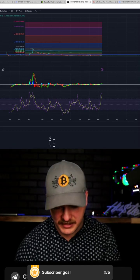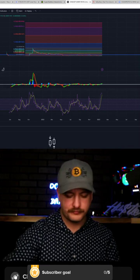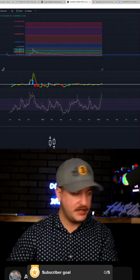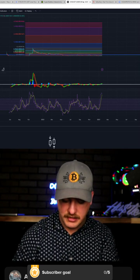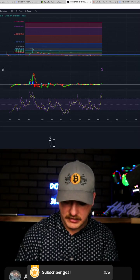GRT, I think I just did GRT. Yeah, I did GRT already. $9.42 maximum parabolic level. All right, 0003 for Shiba. Filecoin, XRP is in the hole. ICP's first. Sorry,